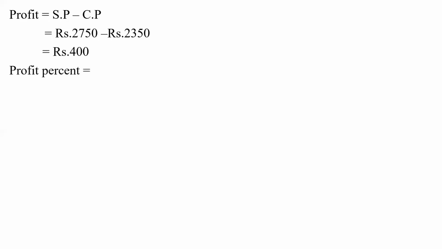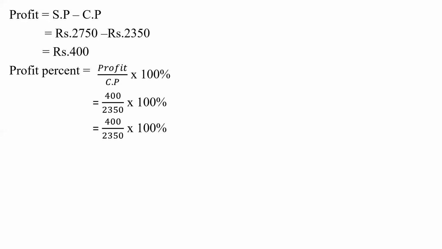And now we can find the profit percent also, the amount of profit divided by cost price times 100%. So what is that equal to? 400 divided by 2350 into 100%, that gives you 17.02%. Just calculate it. Okay, now let's